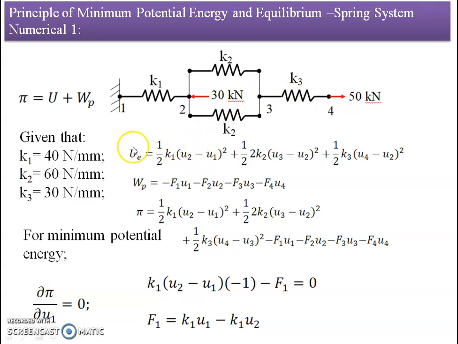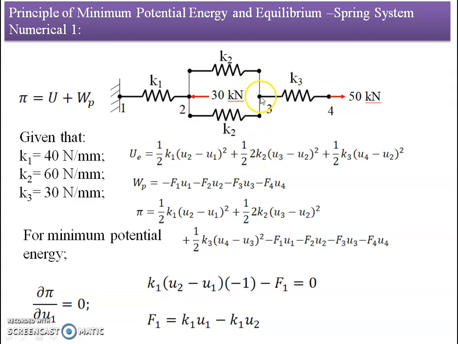If I put this in the equation for the strain energy of a spring system, it is one half of the spring constant multiplied by delta squared, meaning total extension squared. So UE is equal to 1/2 of K1, the spring constant for the spring between node 1 and 2, times delta 1, which is (u2 minus u1) whole squared, plus 1/2 of, with reference to K2, the springs arranged in parallel. When springs are arranged in parallel, their spring constants add. So it is 1/2 of 2K2 in brackets.